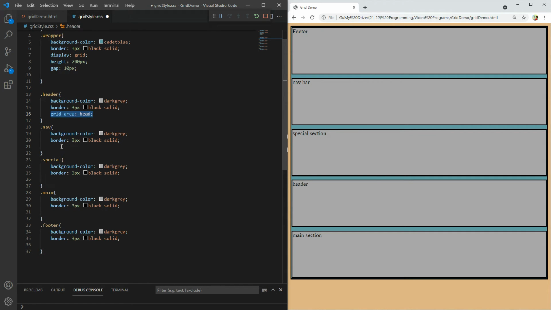Just copy this to make it a little faster, and paste it in here. So this one we're going to call head, that's right. This one we will call nav, and this one we'll call special, or just call it, if I can spell. Okay, so by giving each of these their own grid area name,